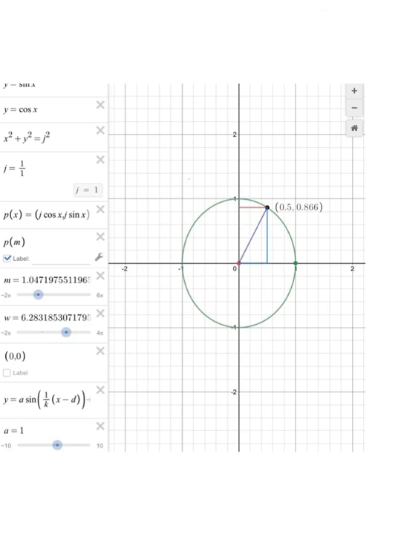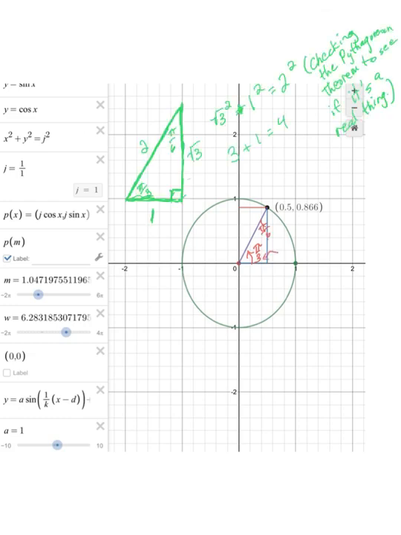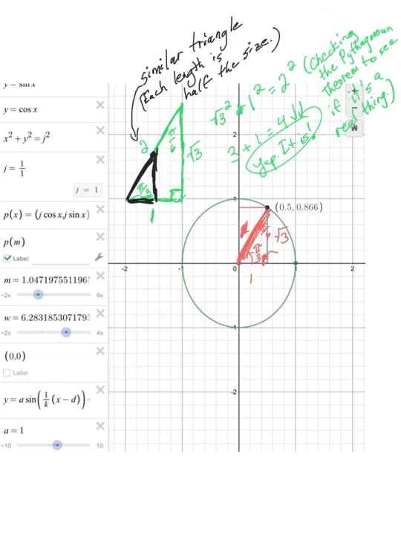Let's try pi by 3. All right, same triangle, just kind of rotated. That means this angle is pi by 6, and right here we have pi by 2, just a right angle. And yep, this is a 1, 2, root 3 triangle, but since we know that this really isn't 2, it's only 1, it's a triangle that's half as big. Okay, so the height here, root 3 over 2, height is your sine, and the distance to the right is